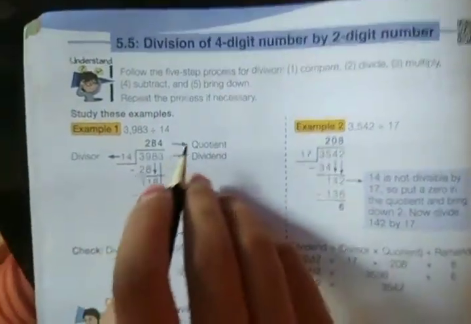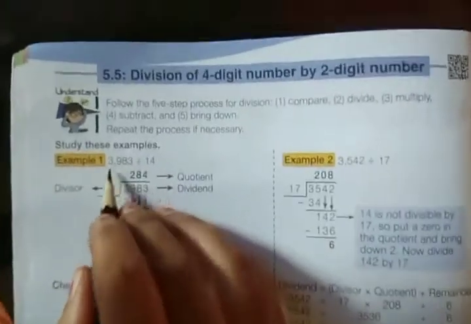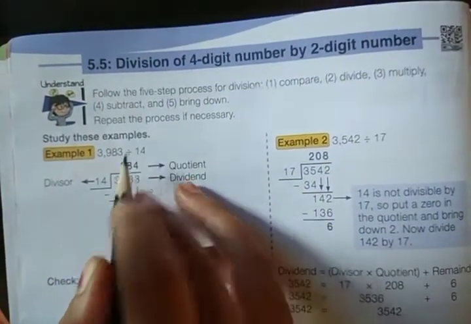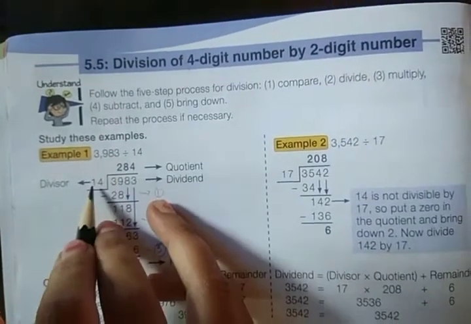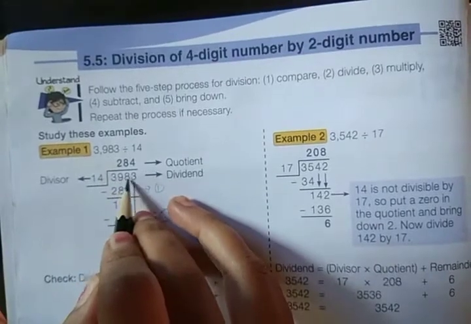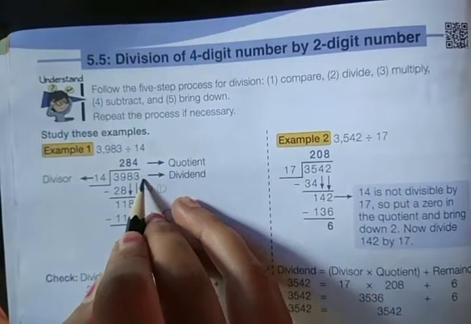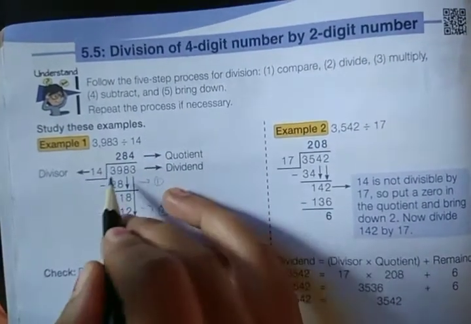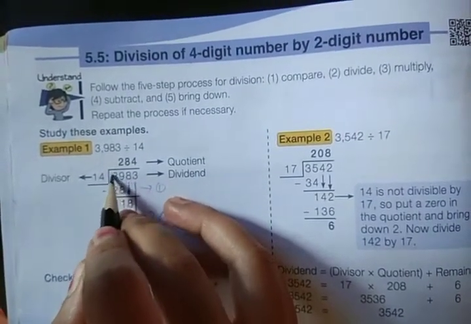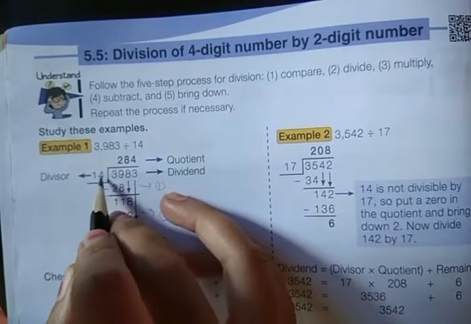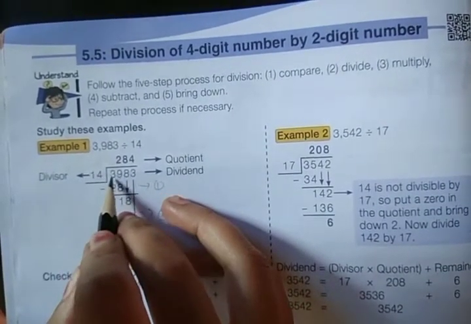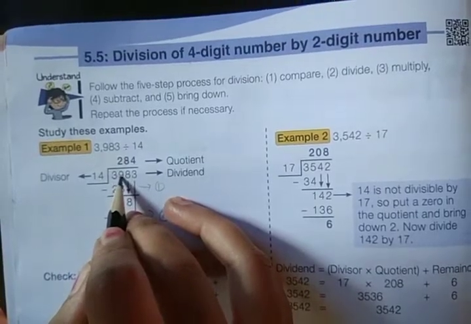Okay, see the example here. Example, they have given 3983 divided by 14. The smaller number, 14, you are going to write here as a divisor, and your dividend is 3983. Now start dividing the numbers here. In 14 table 39 is not there. These two numbers together we need to take, because here 3 in the 1000 place is smaller than this 14, so two numbers at a time together we need to take here.